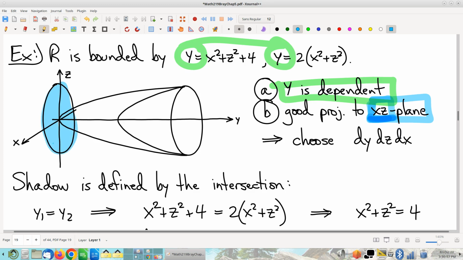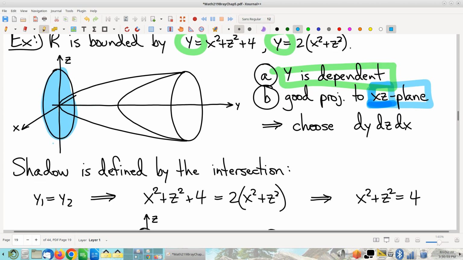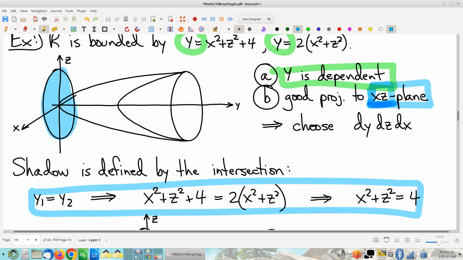Projection is a little disk. Now, a little bit of algebra to think about the details of that disk. It's defined by where these two paraboloids intersect, and so you set the one y equal to the other y, and you get the equation of this circle that bounds that disk. A little bit of algebra, but no big deal. Nice projection. And then let's think about the lower and upper bound surfaces,